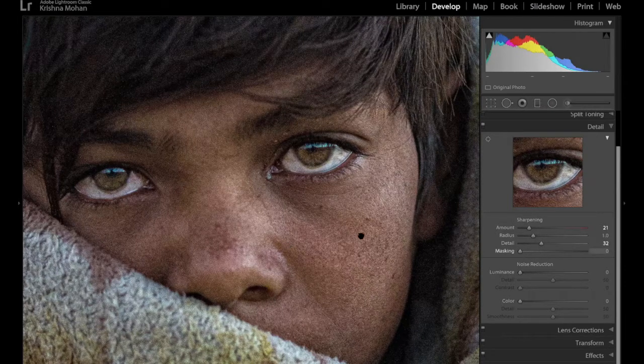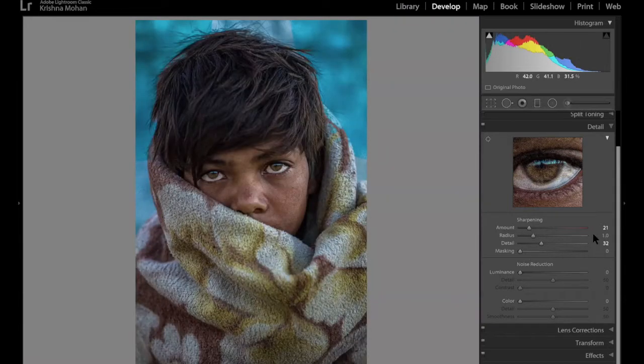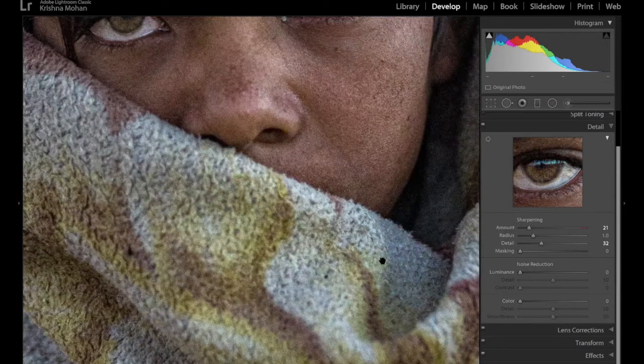Now another problem that happens when you sharpen: the whole picture gets sharp. But our eyes are really picking up sharpening only at the edge. We don't want the whole picture to get sharpened. Let me go to this rug. When I sharpen the picture, every pore of this rug gets sharpened, so that it is not really going to give you that aesthetic effect. So I want to restrict it only to the edges of the picture, because edges are the ones where, when they get sharpened, our eyes pick it up.